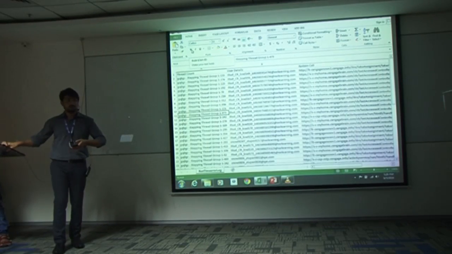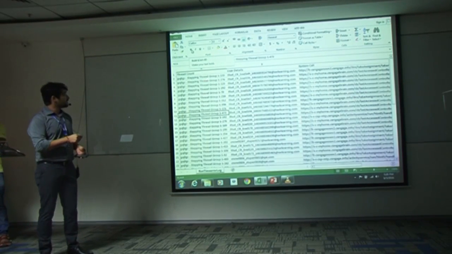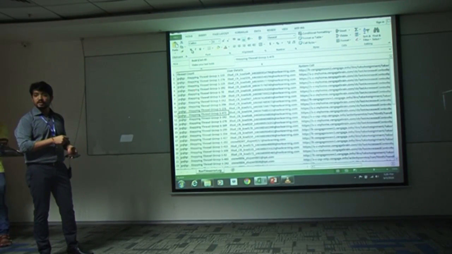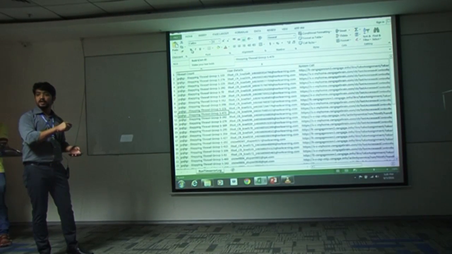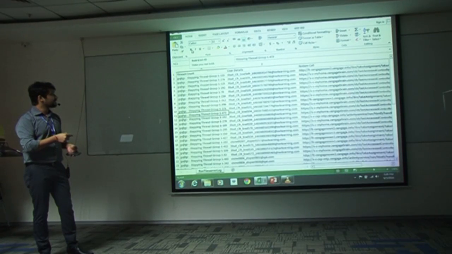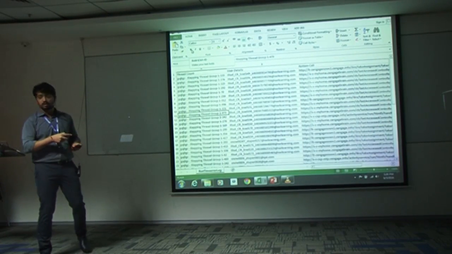This is the file. We have the thread name, actually which user failed. This is the actual file which I ran for a test of 2,000 users on an application. It gives the exact count number of the user that led to failure, his mail ID, the system call